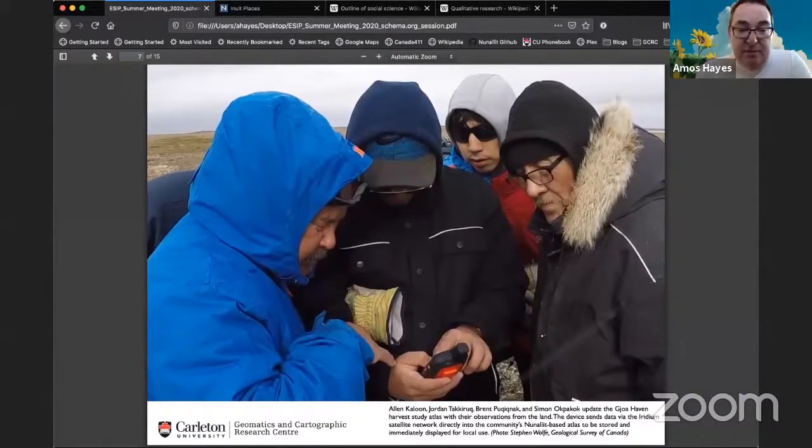It could be this observational data, in this case from hunters, where this device is capturing where they're traveling. They're entering in what they've caught and how many. They are able to use it to report a problem with their equipment, which leads to them getting rescued, but also leads to an economist then asking them how much did it cost to fix, because I need to know what it costs when you go out and hunt a polar bear, for example. What is that? What's the cost? And what's the cost of home? And what about all your people who support you? Maybe they make your clothes, and it goes on and on.